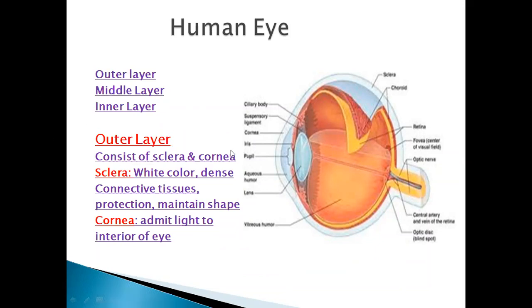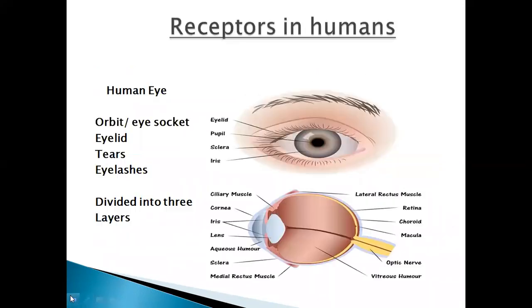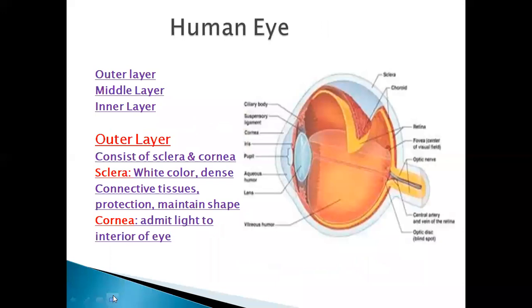The outer layer consists of sclera and cornea. In this diagram, you can see the internal structure of the eye. For this purpose, see this picture also. You can see here this white part in the eye. This white part of the eye is called the sclera. And the next is the cornea. Here it is present. So the sclera is clear to you, white color, dense connective tissue, and its function is